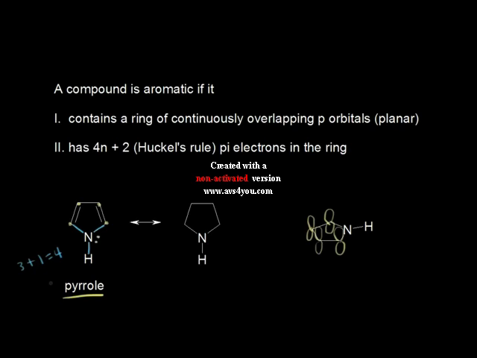So we know that's not the case because pyrrole is an aromatic molecule, and an sp3 hybridized nitrogen would mean no p orbitals at that nitrogen, which would violate the first criterion for this compound to be aromatic. And so there must be some way to get that nitrogen to be sp2 hybridized. And of course, we saw how to do that at the end of the last video. This lone pair of electrons on this nitrogen is actually not localized to this nitrogen. We can take this lone pair of electrons and move them in here,